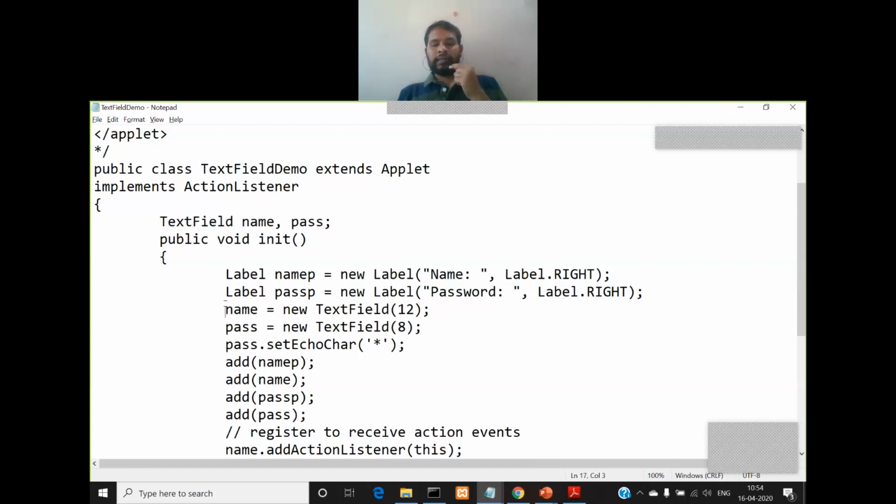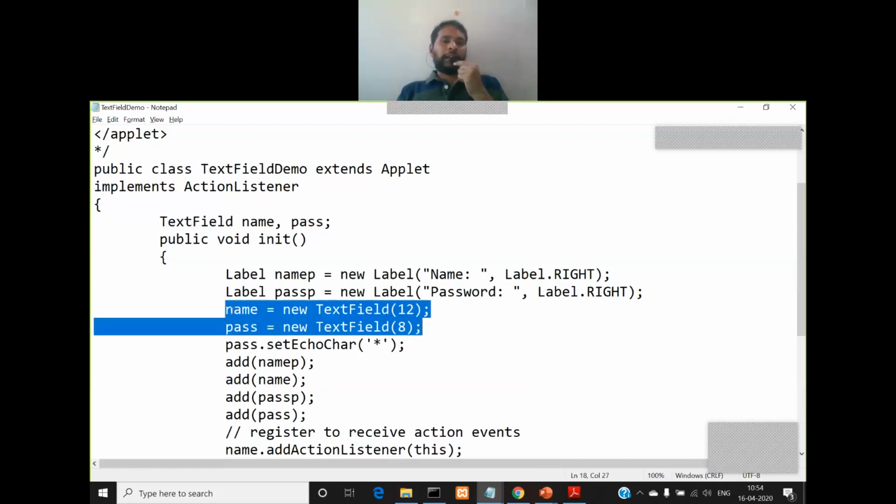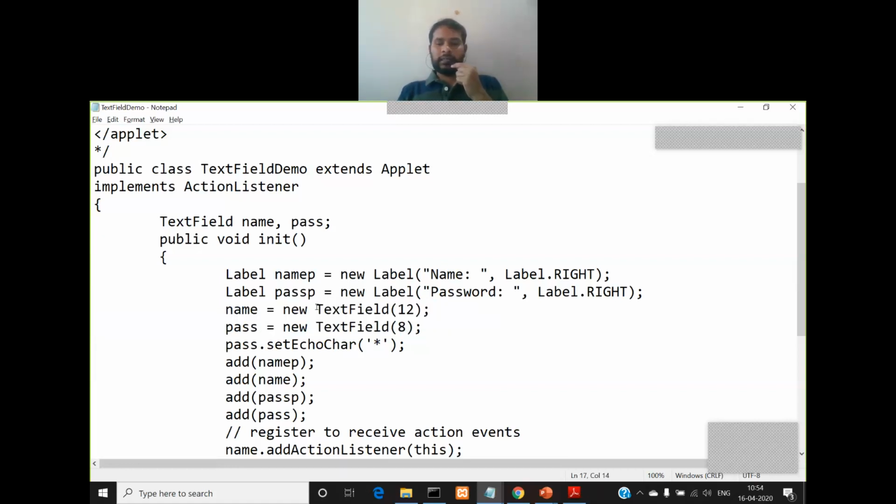Now in the next two lines, I am instantiating these two text fields. For the first text field, name, I'm calling one constructor which receives an integer parameter. This integer parameter specifies the number of columns or characters that will be displayed on the screen when you type something into the text field.